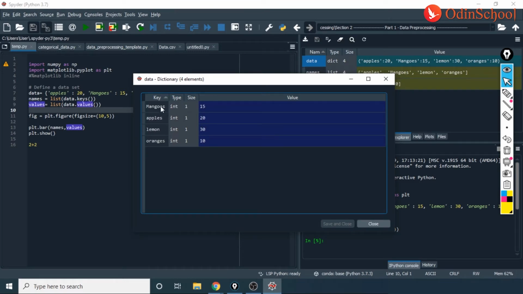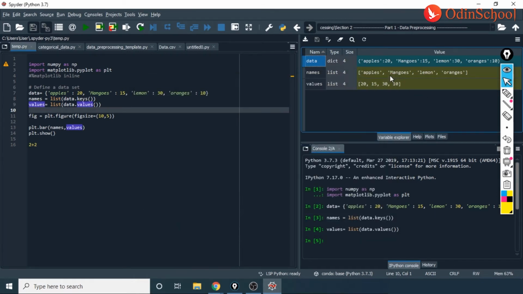Alright. So when I do key, see it will try to arrange things for me. Oranges, now we have mangoes, now we have oranges. So it's arranging in small and caps for me. Then this is getting arranged with respect to size, 10, 15, 20, 30, they're all ascending now. Even when you tap on this, it's reverse, 30, 20, 15, 10. They would not come out at random like 20, 15, and then 30, and then 10. This is not how Spyder works for you.